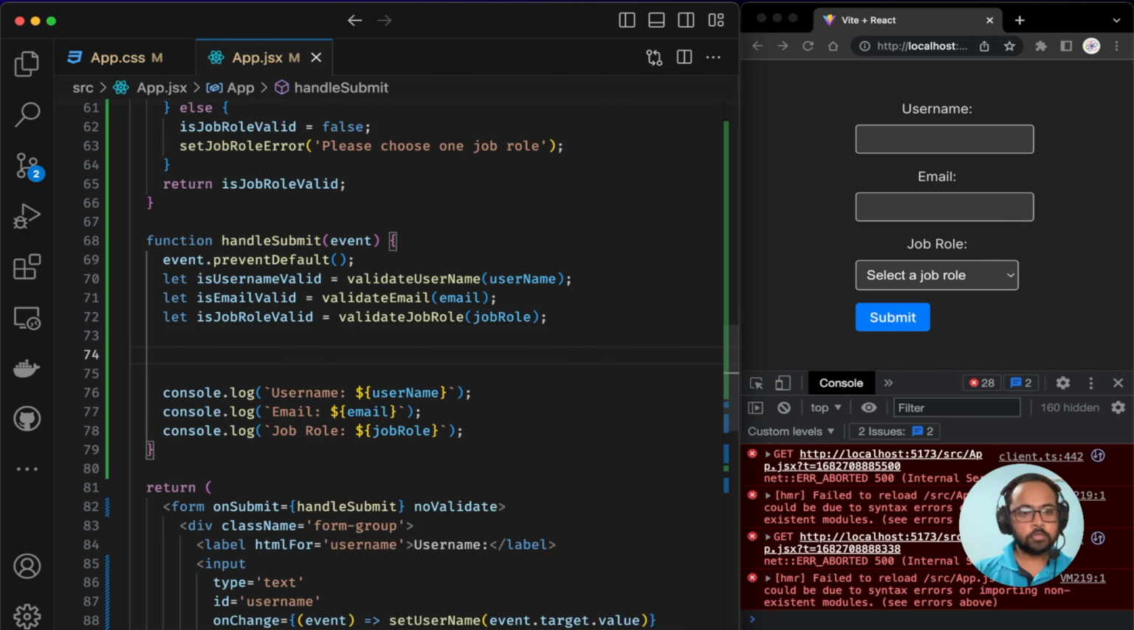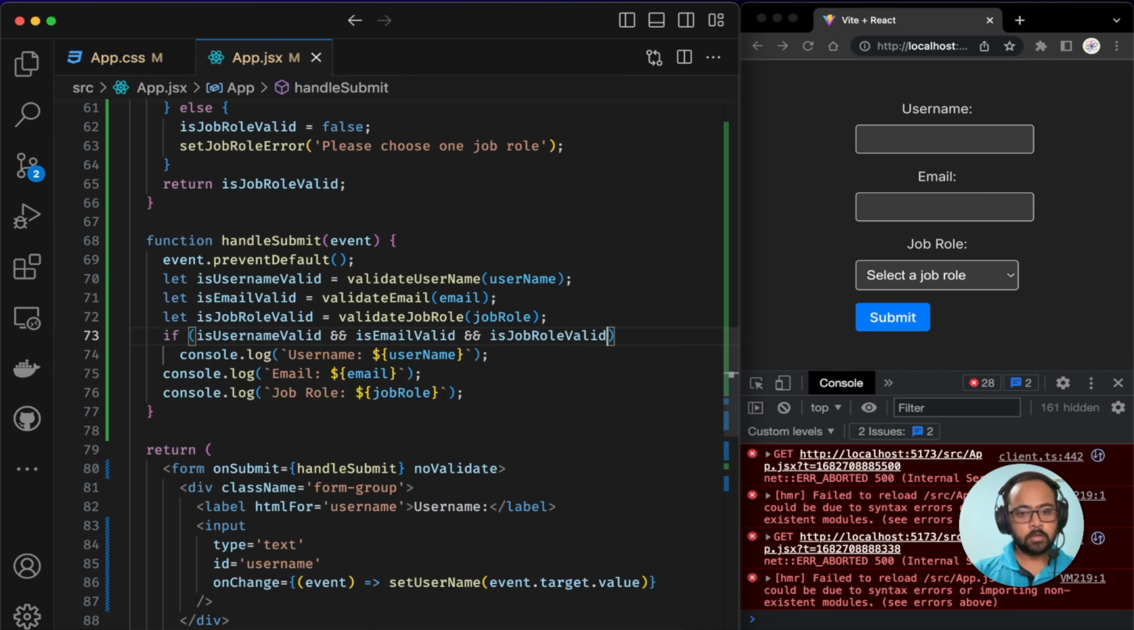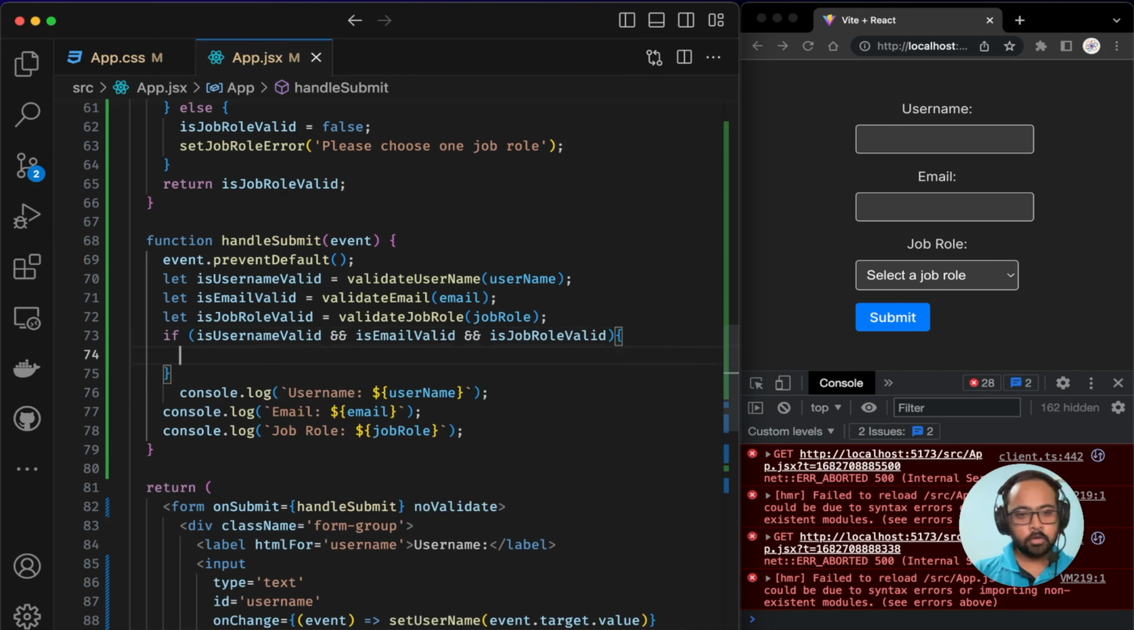Now we have invoked these three functions, and we have got the data. If these three things are valid, that means the value of is username valid, this variable, this and this, these three values are true, that means all the values are correct. Then only we want to allow the user to submit the form. So we'll create an if condition here. When all these things are true, then only we allow the user to submit the form. I'll just move these three console logs above,